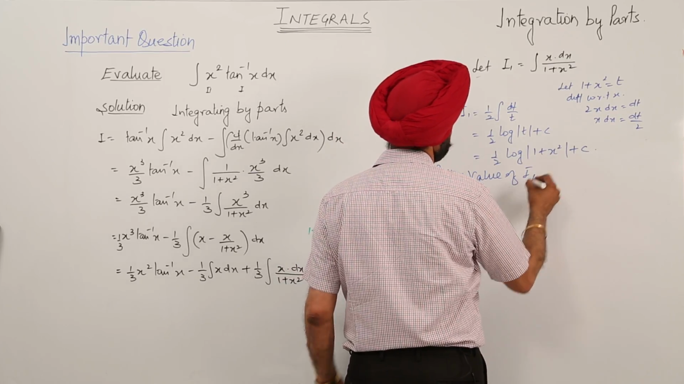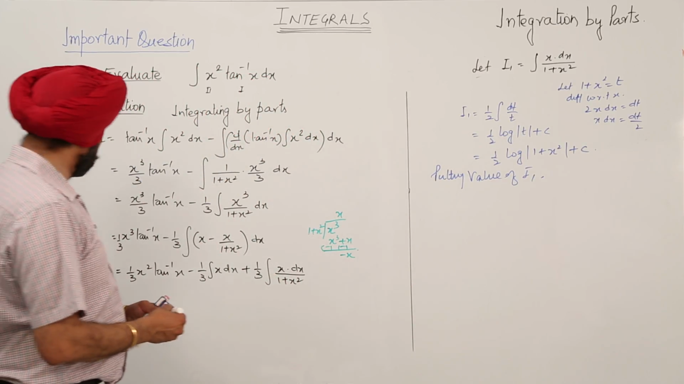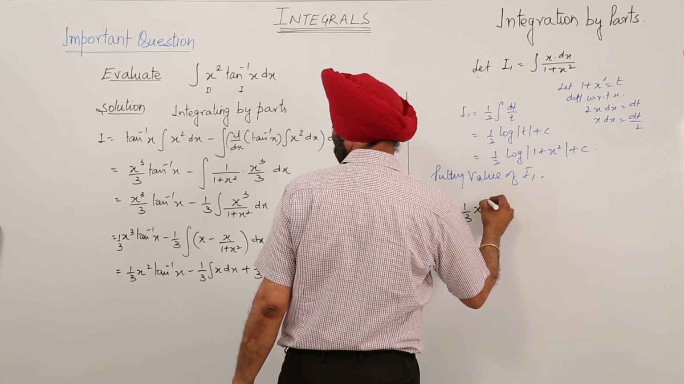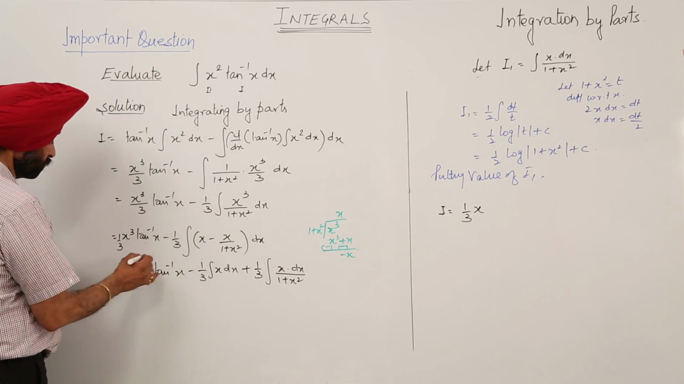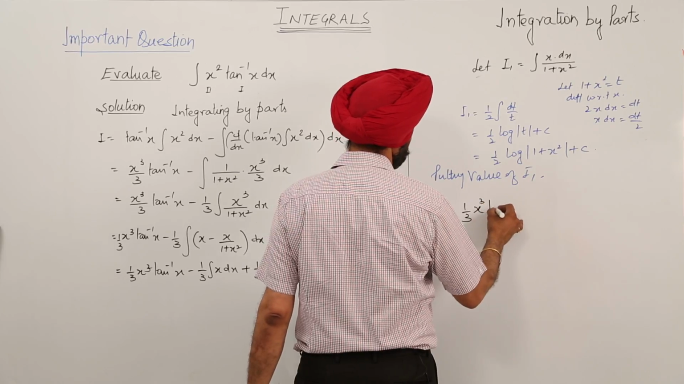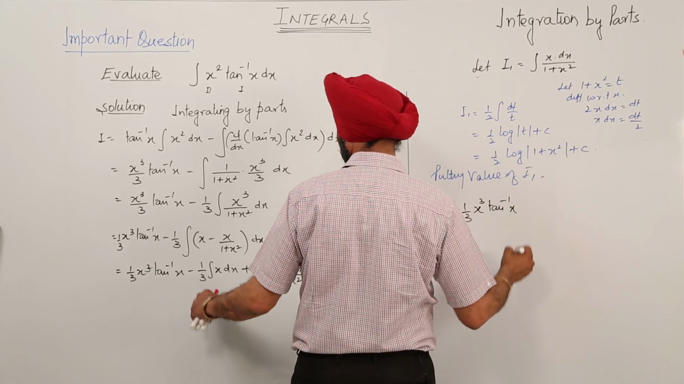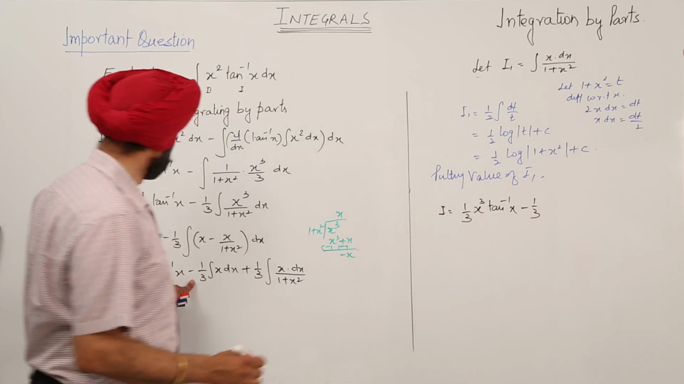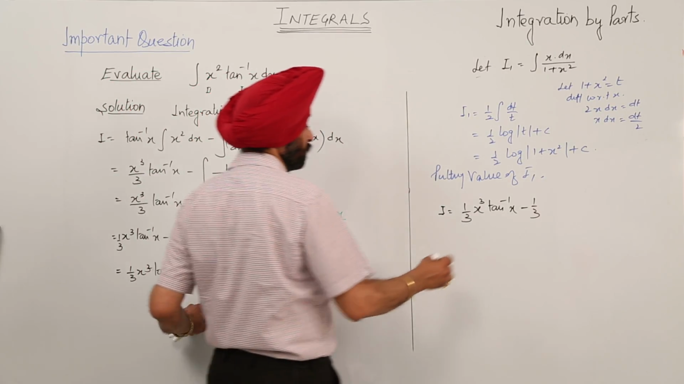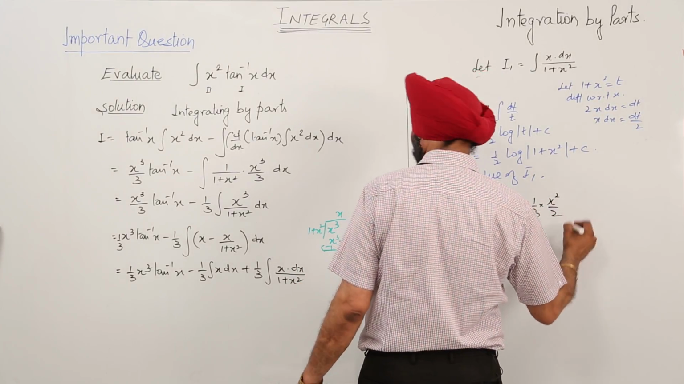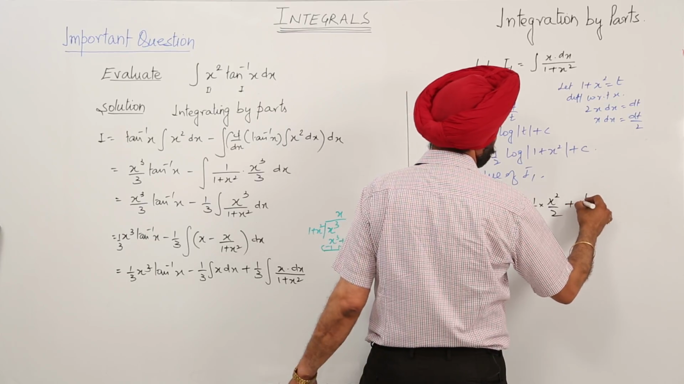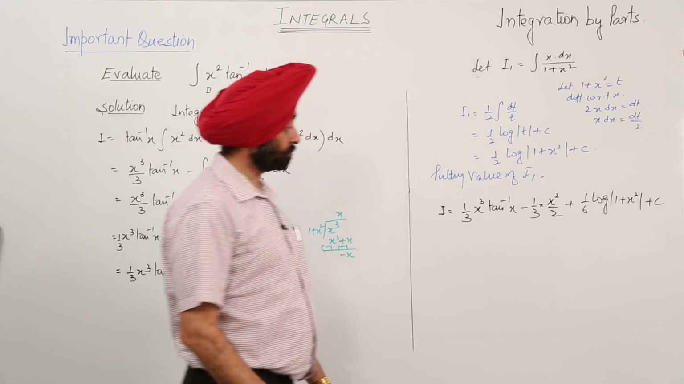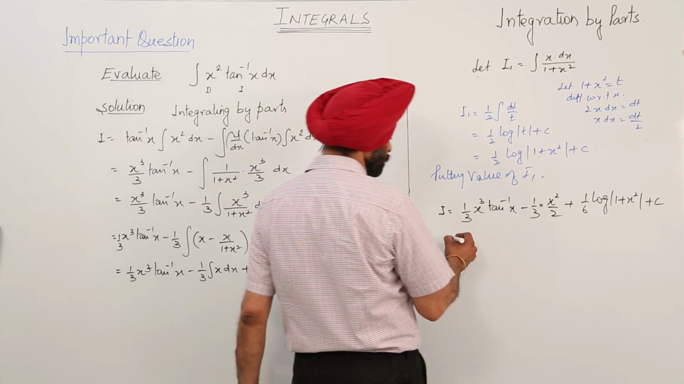Now putting value of I1, now finally what the result we are having, 1 upon 3 x cube tan inverse x minus 1 upon 3 x square upon 2 plus 1 upon 6 log mod of 1 plus x square plus c. Is it clear? So now at the end what the answer is,